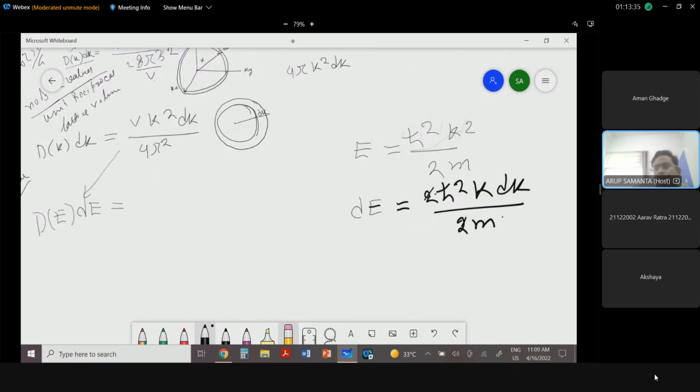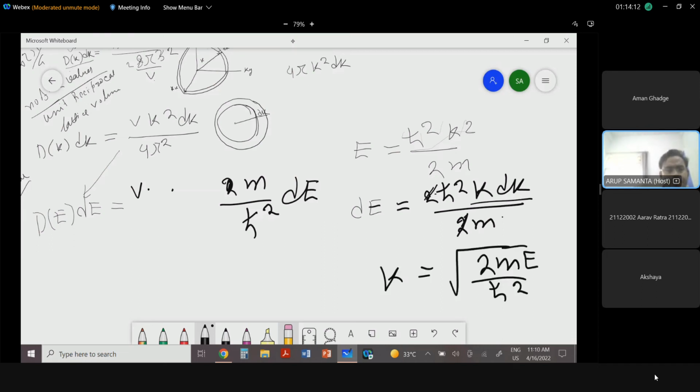So h cut square k dk you have to replace. k dk means 2m by h cut square dE, not 2m, so it's m by h cut square dE. So this is gone. So k dk value is m by h cut square dE. Now one k remains. k is root over 2mE by h cut square. So you put the other V by 4 pi square into root over